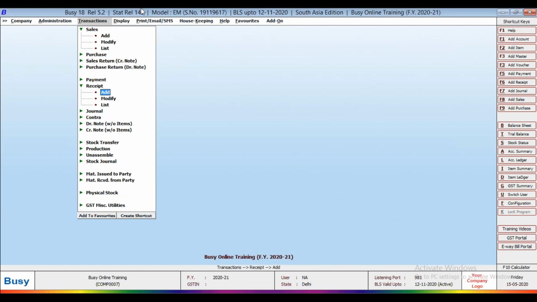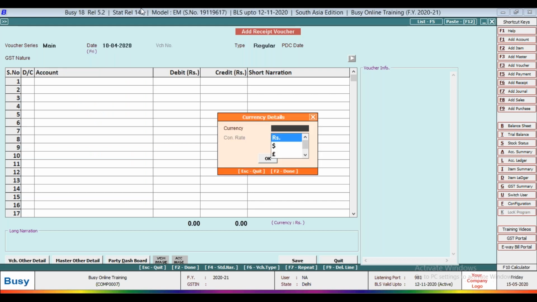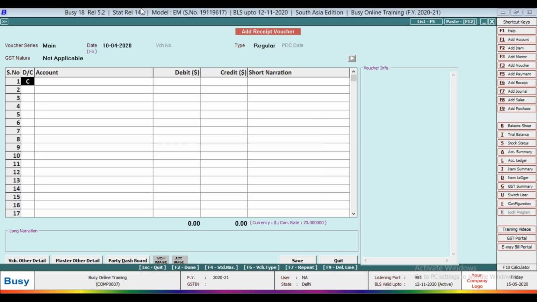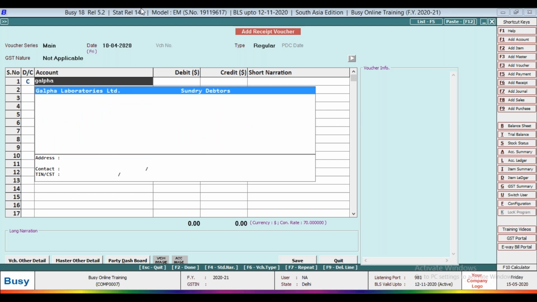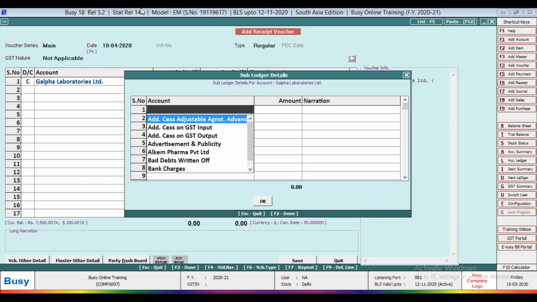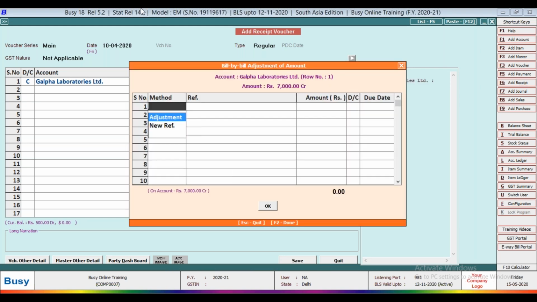At the time of receipt, I have received on 10/4/2020, and on this date the dollar has gone down to 70 rupees. Okay, so Gulfa, $100.